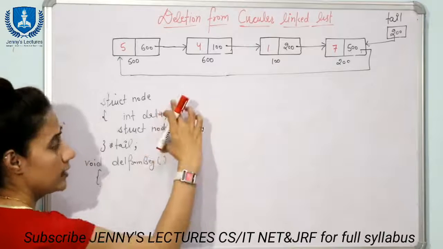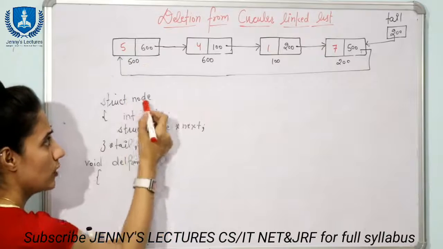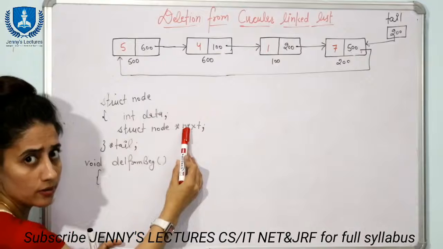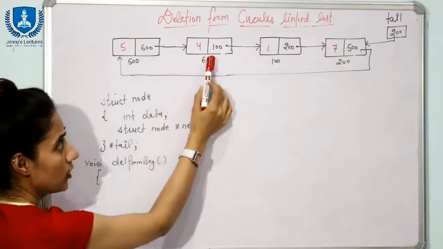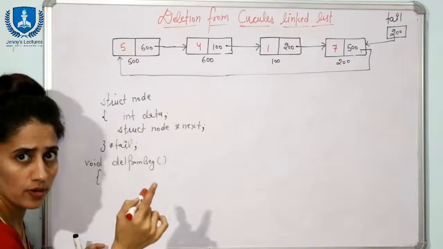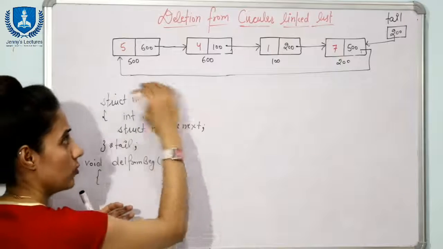See, this we have already discussed many times. We have defined our own data type to represent this node, struct node. Two parts are there, one is the data part, one is the pointer. This pointer is containing the address of the next node, and the data type of this node is struct node. So that is why here I am writing struct node, and we have maintained only a tail pointer. After that you can call that create CLL function, right? And suppose we have created this list.